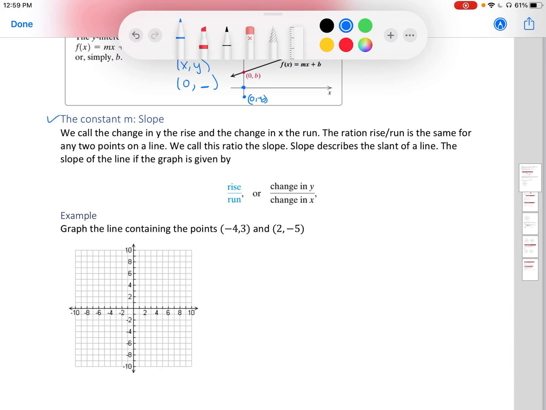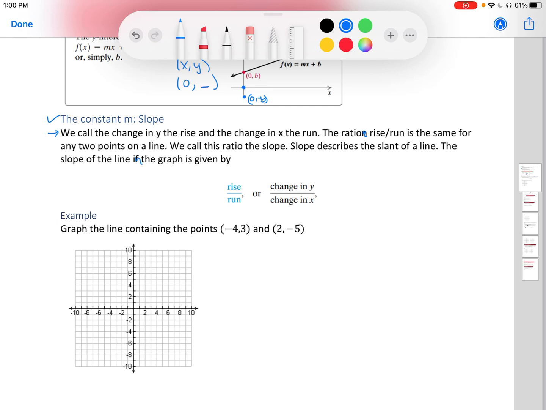The constant m, that's the slope. We call the change in y the rise and the change in x the run. The ratio rise over run is the same for any 2 points on the line. We call this ratio the slope. The slope describes the slant of a line. The slope of a line in a graph is given by